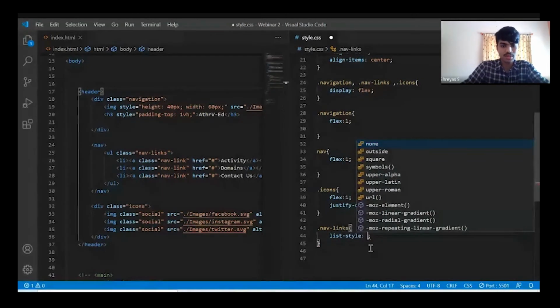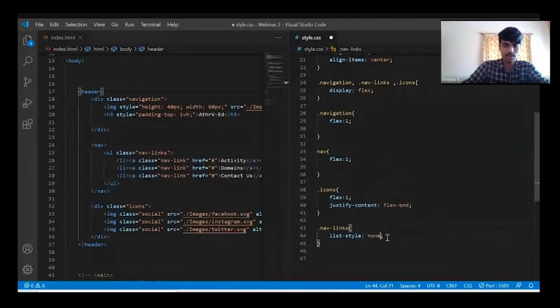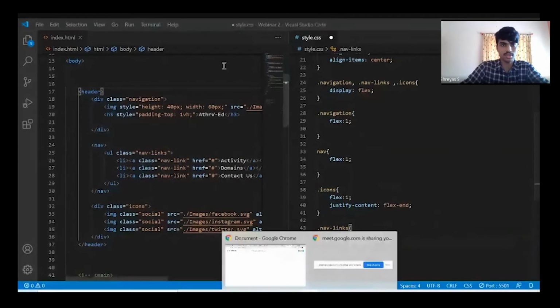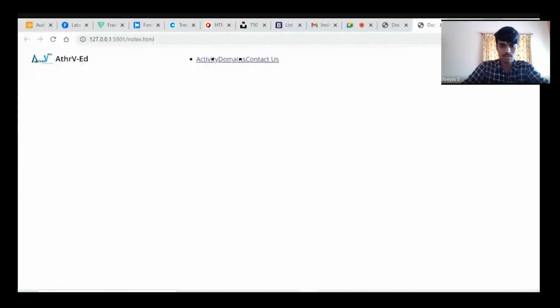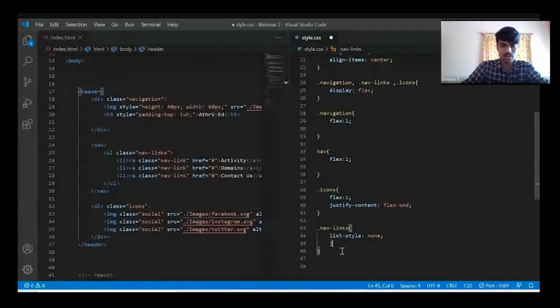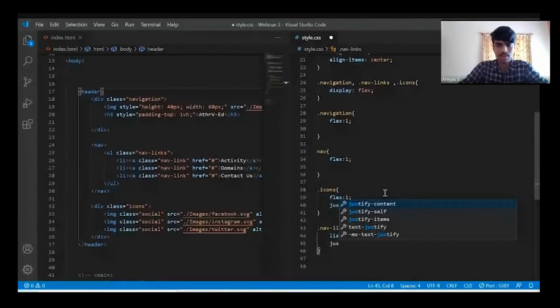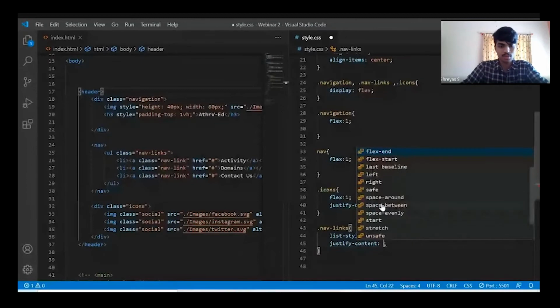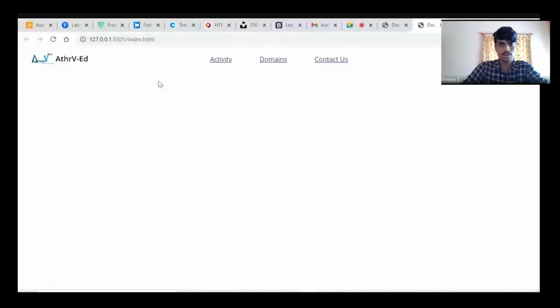The list style I'll set as none, so there won't be any style and the bullets won't be visible. I also need a space in between them. For that, there is a property called justify content. The property name is the same, but the value is different: justify content space around. Just by giving this, the bullet points are gone, and the spacing is applied.